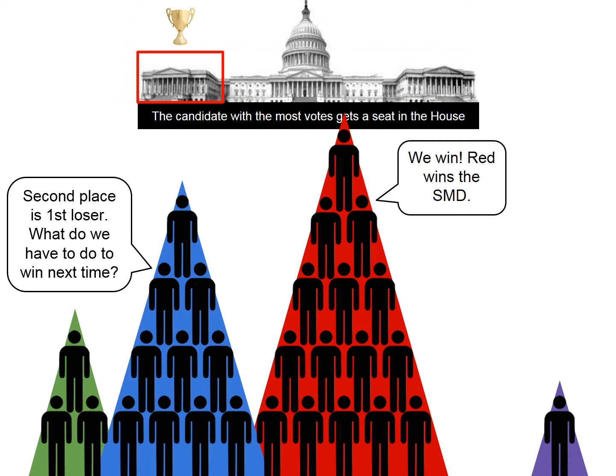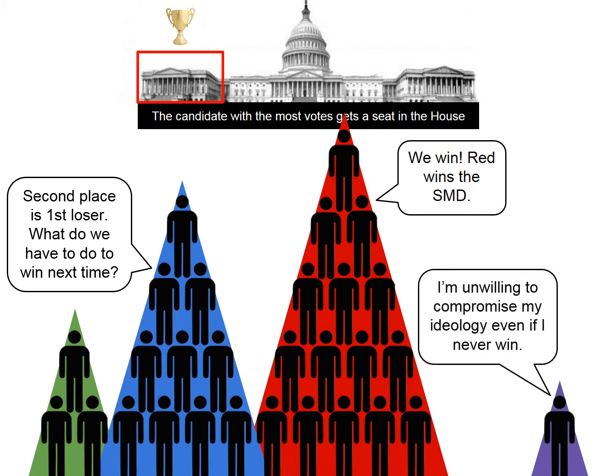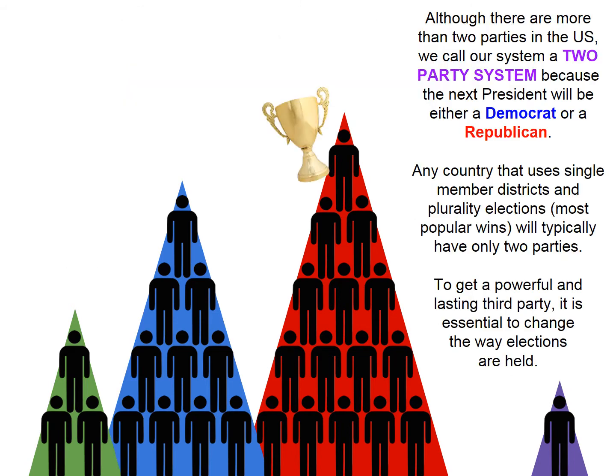Now, in our system, second place is first loser. So, what do they have to do next time to win? Well, this guy, he's unwilling to compromise his ideology, even if he knows he's never going to win. This is going to be a third-party candidate that tries to influence policy, but is never going to win political office. Now, although there are more than 2 parties in the U.S., we know this from our political party poster project, we call our system a two-party system because the next president is either going to be a Democrat or